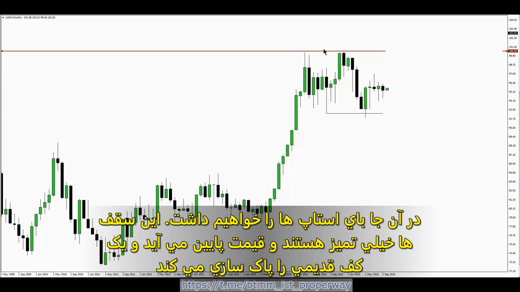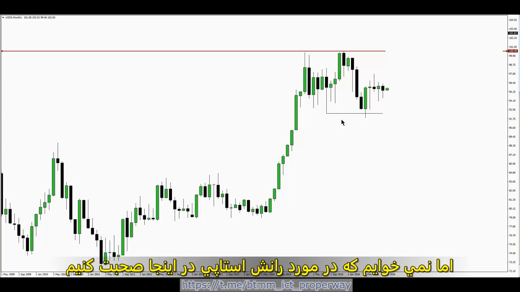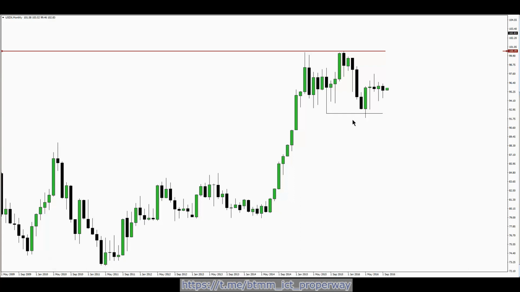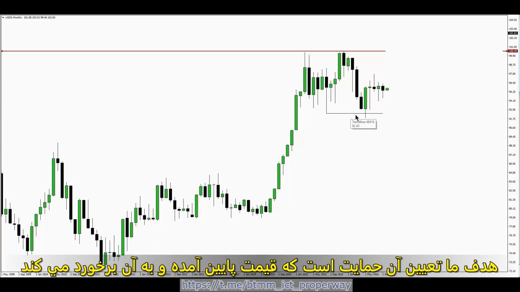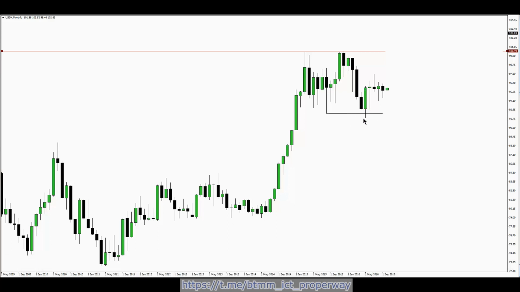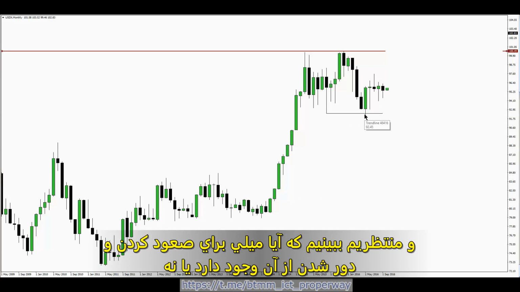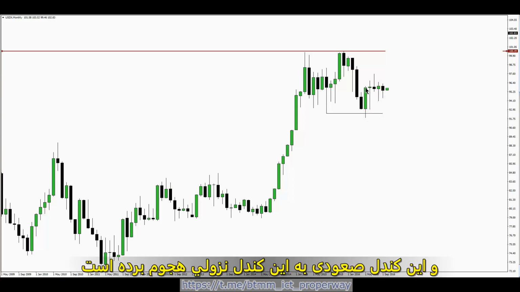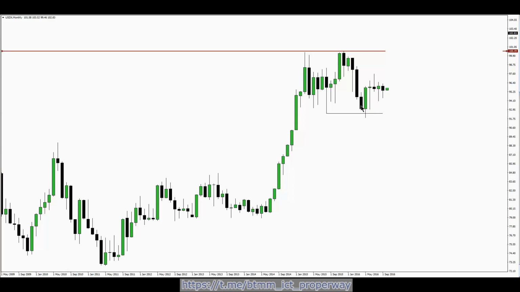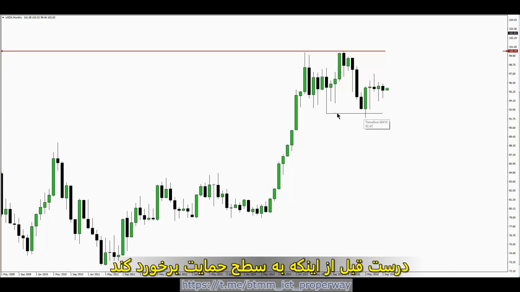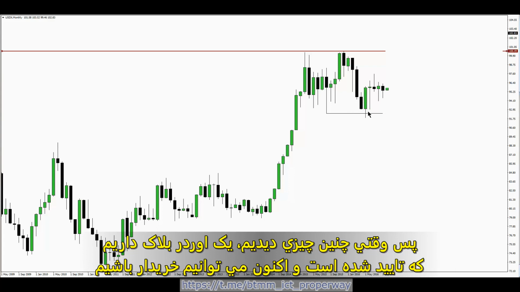It's too clean, too neat, and price came down, cleared out an old low, but we're not going to talk about stop runs here. We're going to look at this as a support level. Okay, all we're doing is classifying this as a support. Price comes down, hits that, and we're going to wait to see if there's a willingness to trade away from it. We see it happen here. When that occurs, this up candle violates the down candle right before the level was hit at this support level. So once we have that,